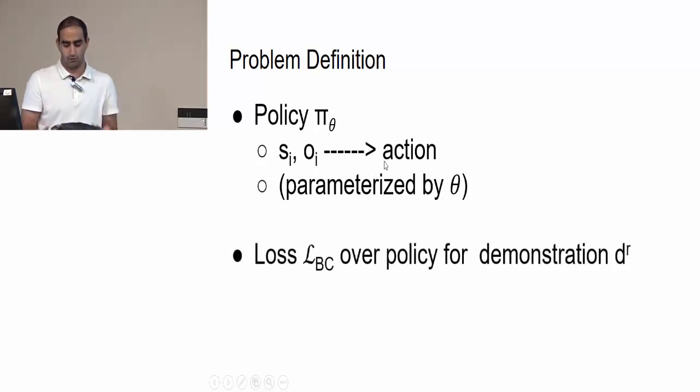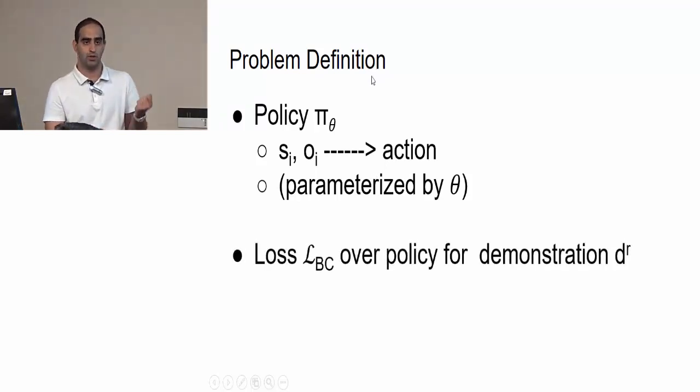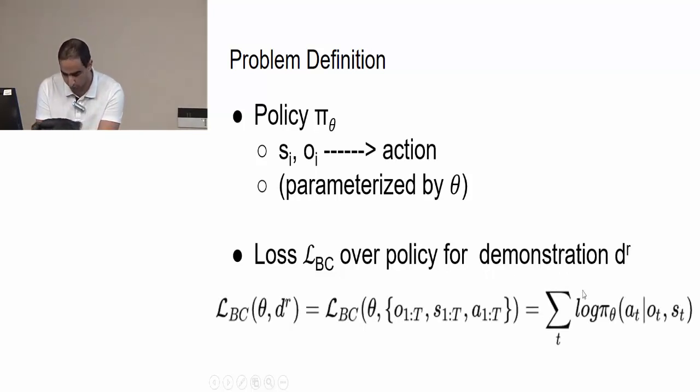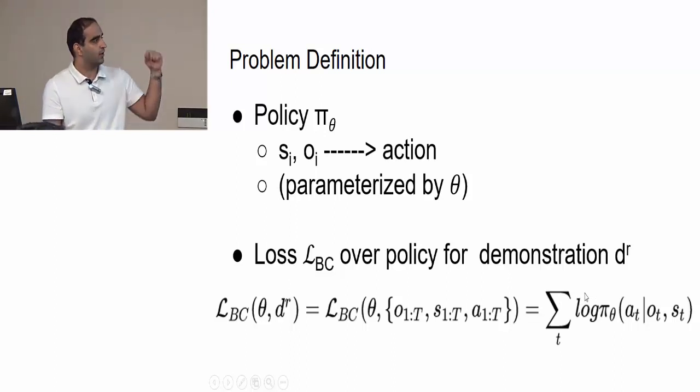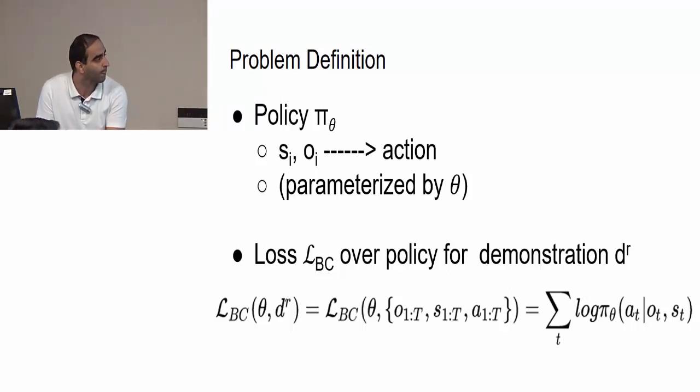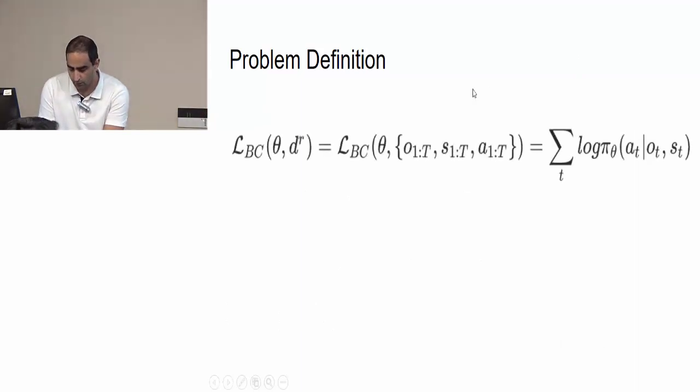After learning the policy, we want to know how good that policy is. So we need something to evaluate that policy. We use the behavioral cloning loss to evaluate a robot demonstration, and we can use this formula to do that. This formula tells us how well our policy matches the robot demonstration, where some person controlled the robot and performed the task. Now we have this formula for behavioral cloning loss.